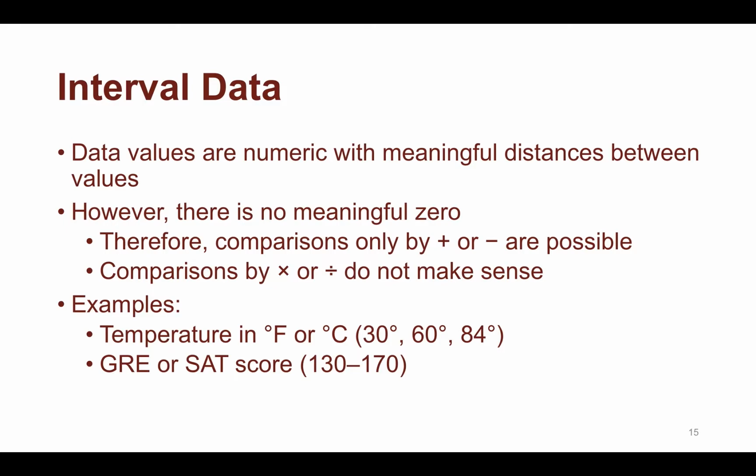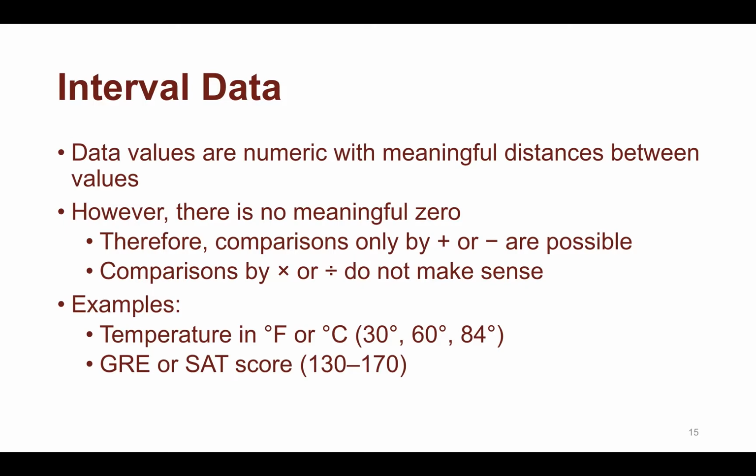Therefore, I can basically say like so-and-so did 20 points better than someone else, but I can't really refer to it in terms of ratios like percentages or fractions to compare people who got different scores. Maybe this will become clear when I talk about ratio on the next slide. I know it's a little bit confusing at this point, like what is meant by making these comparisons by ratios,